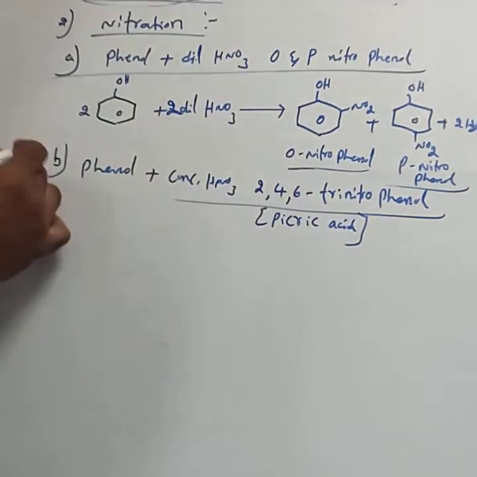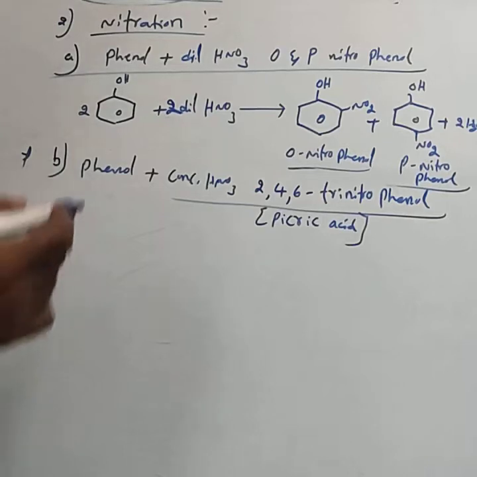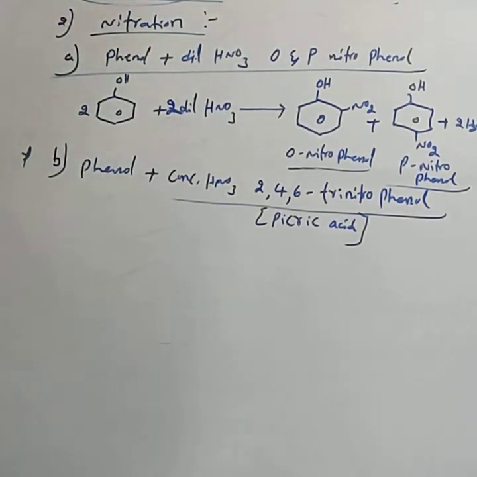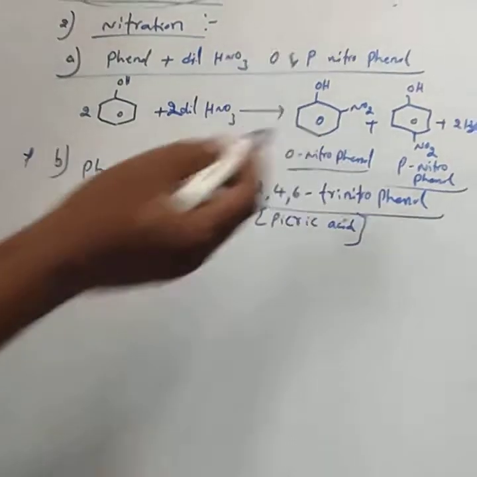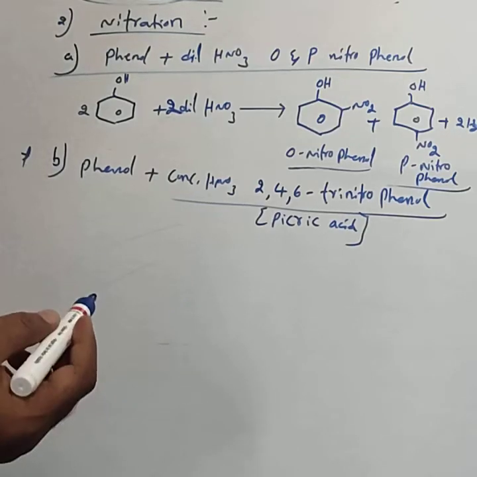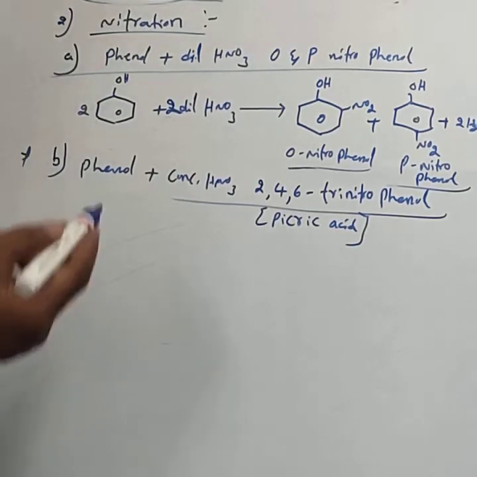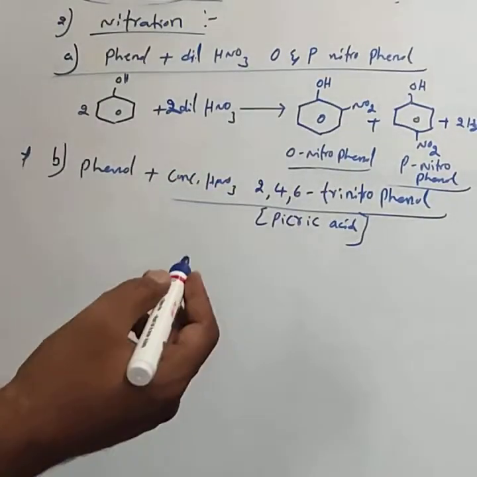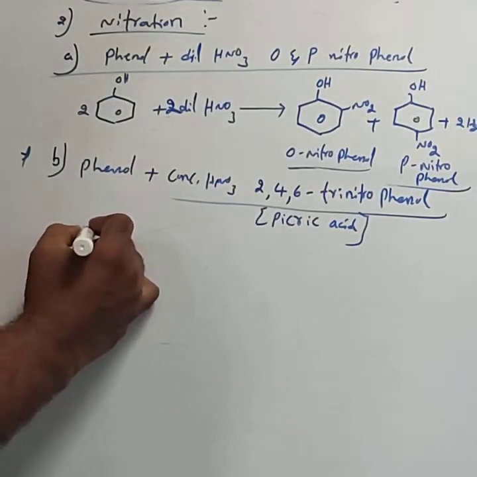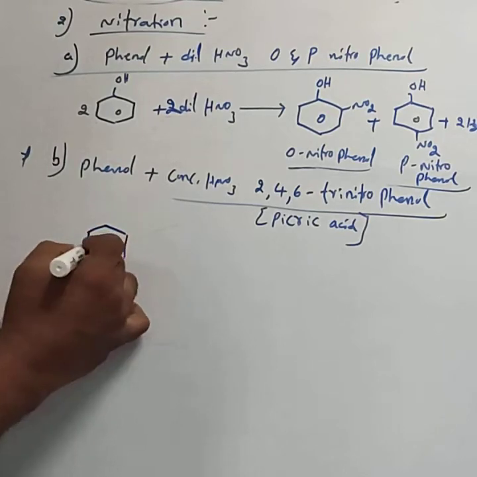Picric acid, this is important for 2 marks. How does phenol react with concentrated HNO3, write the chemical equation. They can ask in this way. How does phenol react with concentrated HNO3, write the chemical equation involved. For writing 2,4,6 trinitrophenol, you get 1 mark. For the chemical reaction, 1 mark. When phenol is treated with concentrated nitric acid, 2,4,6 trinitrophenol is formed. Then write the chemical equation.